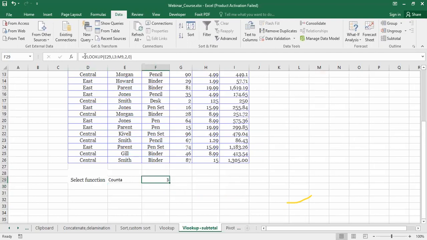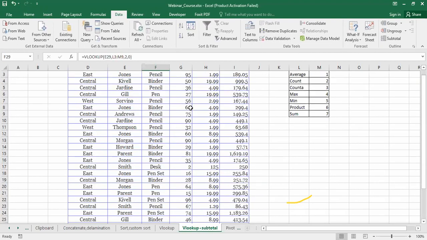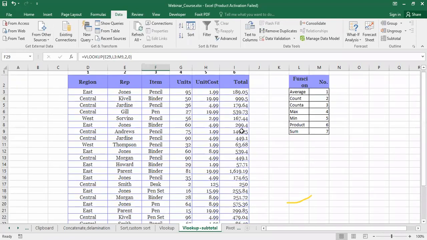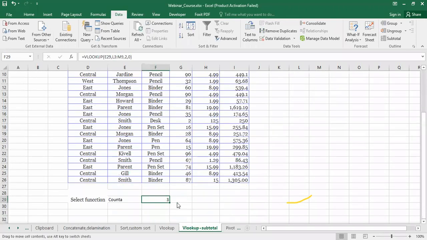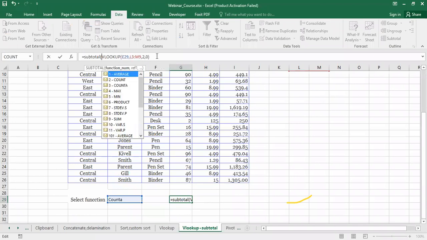Now this is only my VLOOKUP, but I want to do the subtotal. Okay, subtotal of any one, like say this 4th or 5th or 6th column. So what will I do here then? I will do here subtotal. Then first of all it will ask for what?